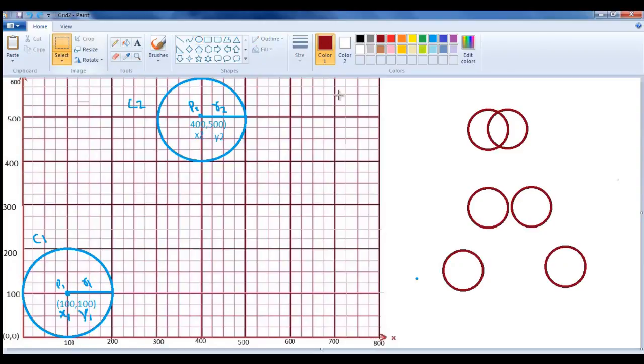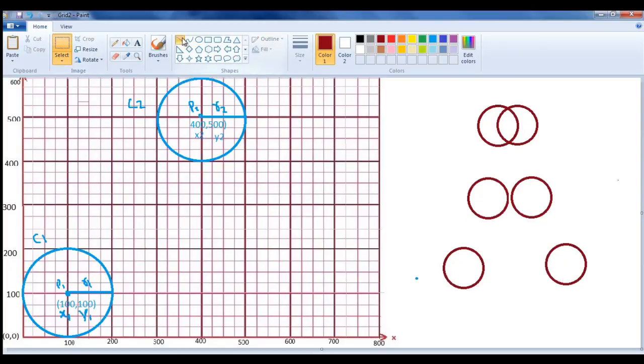How do we solve this problem? First, we find the distance between the two circles, or rather between their center points. We know how to find the distance between 2 points, right? This is point 1, point 2, and we get the distance very easily. Already we know how to find the distance. So we need one function called getDistance, which is going to give us the distance.